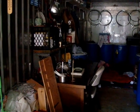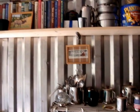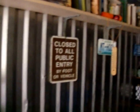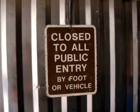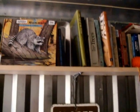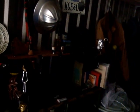And of course the books continue all the way down up above. You can see there's lots of reading material, lots of utensils that you'd need for living up here in the forest. And of course this is a place where we don't want a whole lot of people coming around, and so we try to make it clear that we love guests that are invited, but uninvited guests aren't welcome. And again, there's all the various books and storage and things like that, and I hope we still have a little light and you can kind of see how the